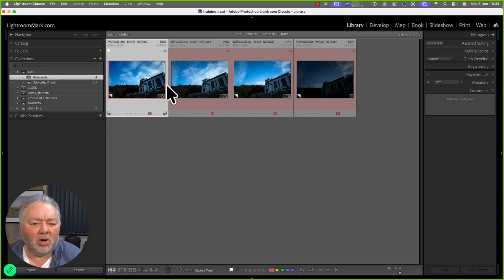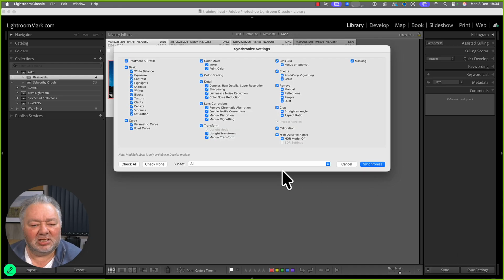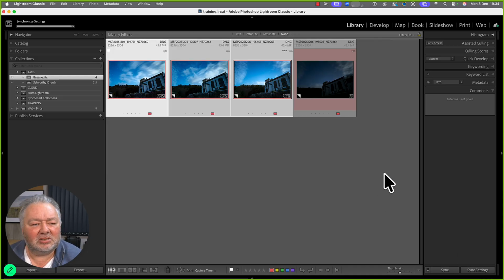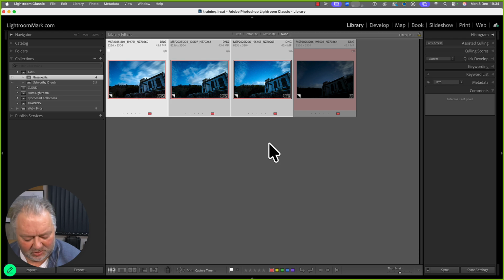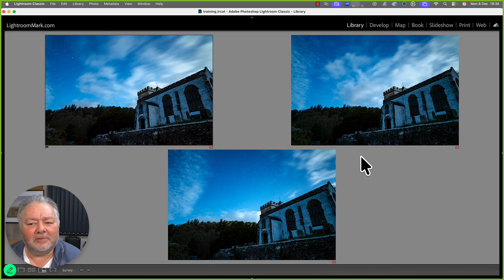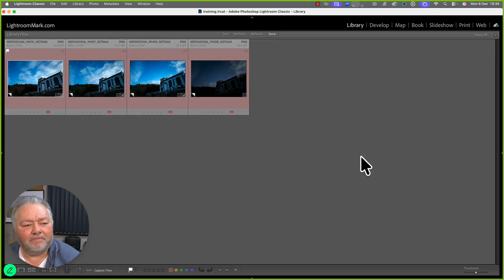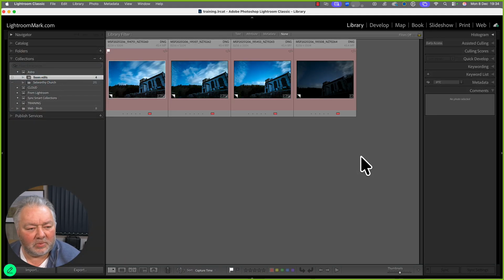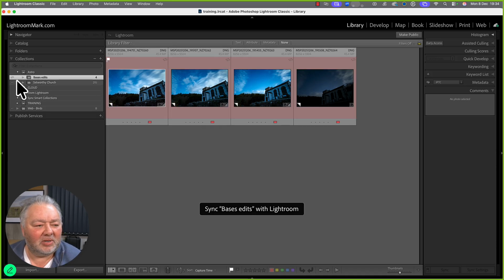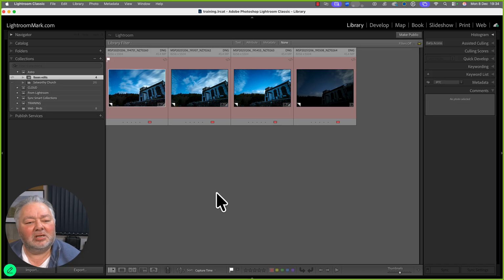And then once I've done one image, sync settings, select all, sync across them. And then I've got a series of images that I can go N and look at. Now, because I've put these in the cloud, and I can put these four in the cloud as well by ticking the box, I can walk away and see these on my smartphone,